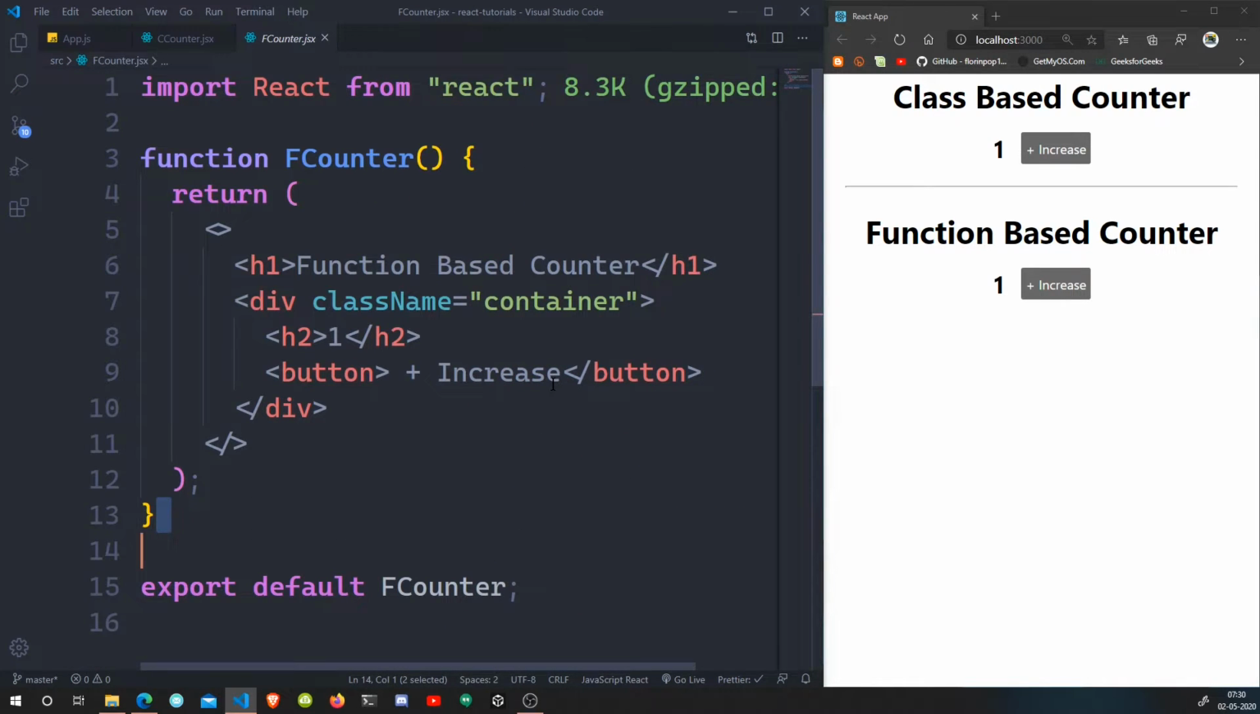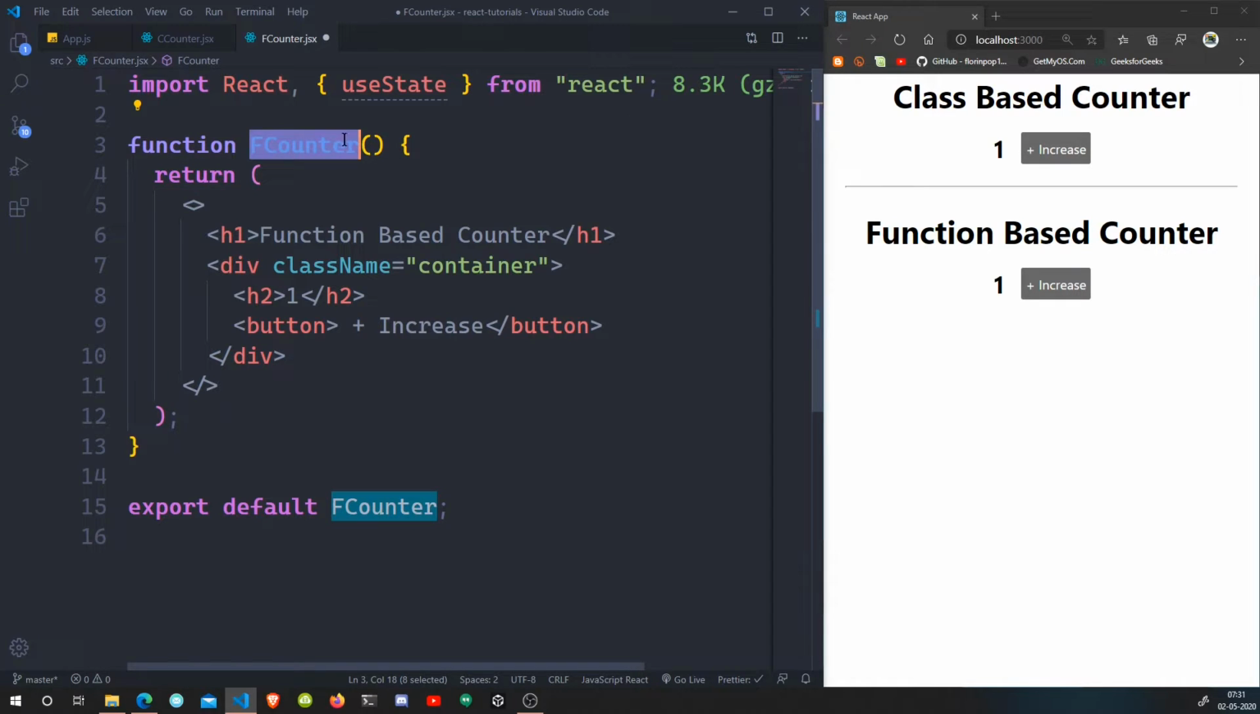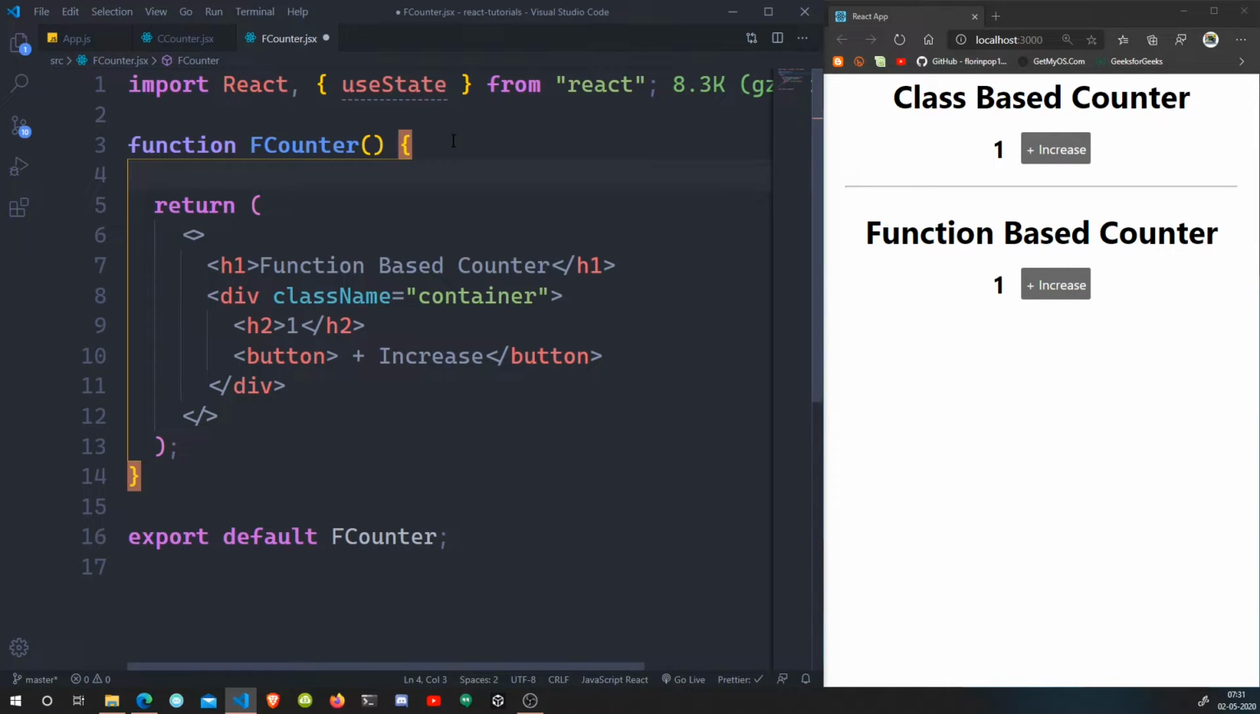So for your functional component, what you need to do is go over here and import one hook, that is useState. This is basically a function that will create state for you inside of your functional component. So what you do is you go outside of the return, right here, and you can create a variable. So const